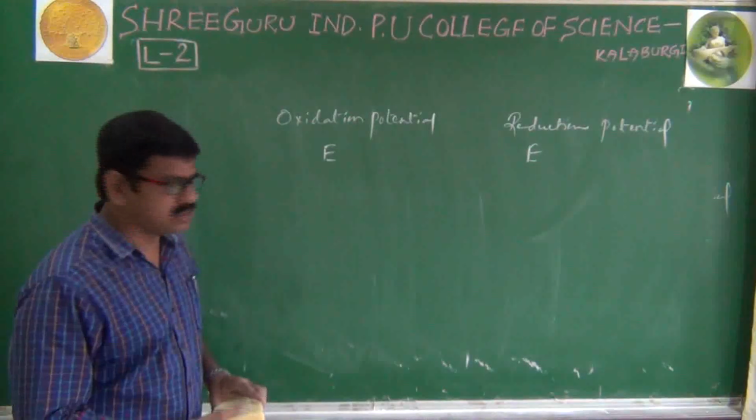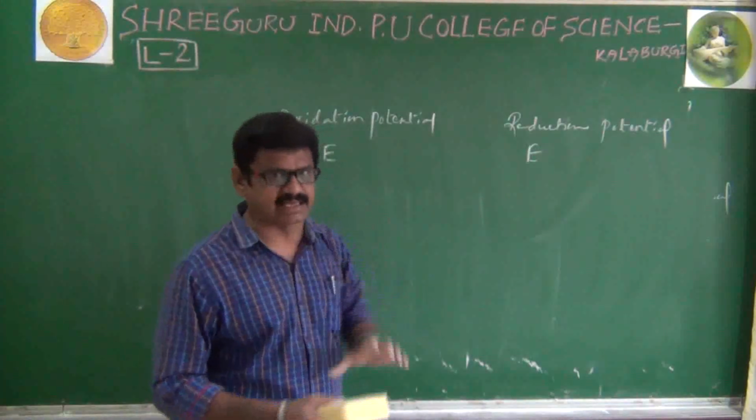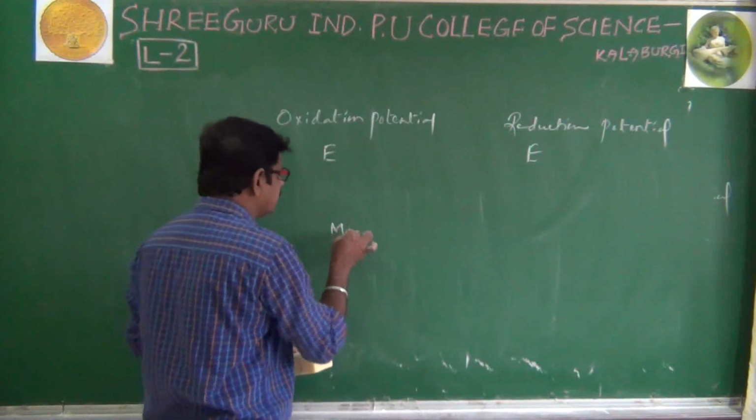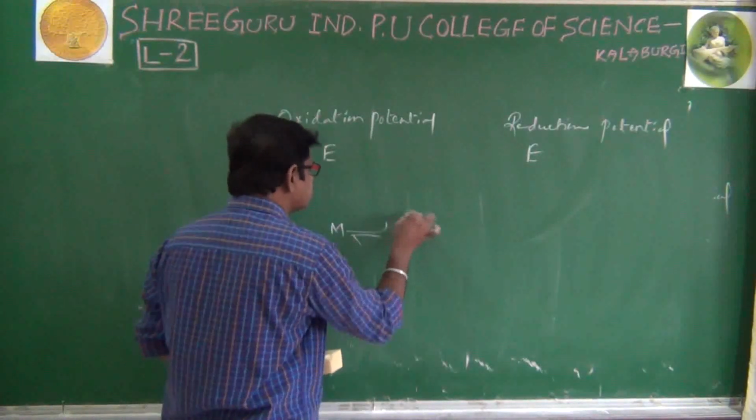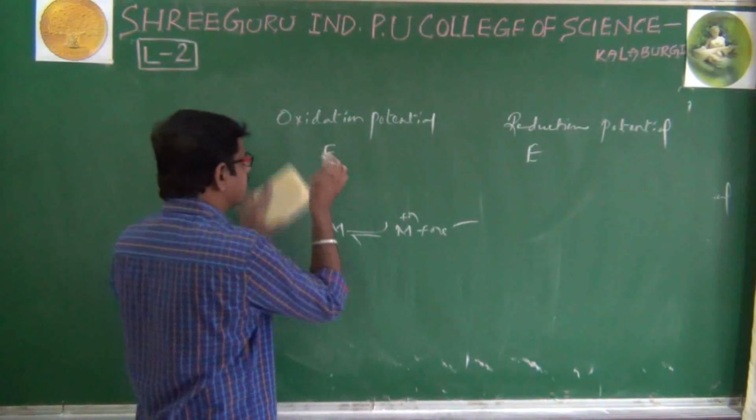And we can show oxidation potential as well as reduction potential symbols separately like this. In oxidation, what happened? Metal has converted to metal ion like this. M converted to M plus n electrons. That's why we can show like this, E, capital E,